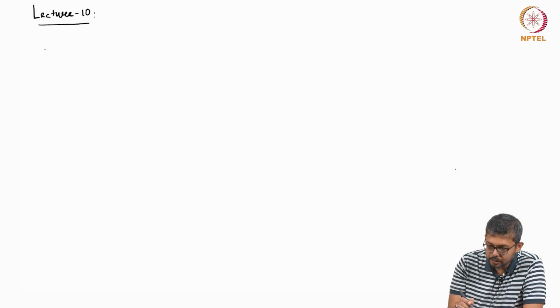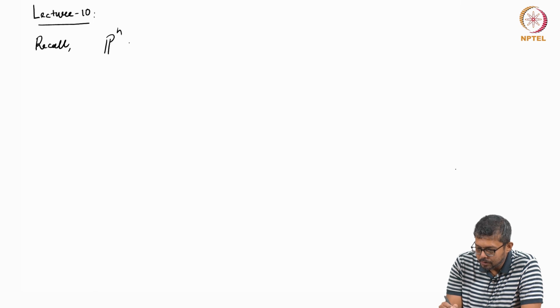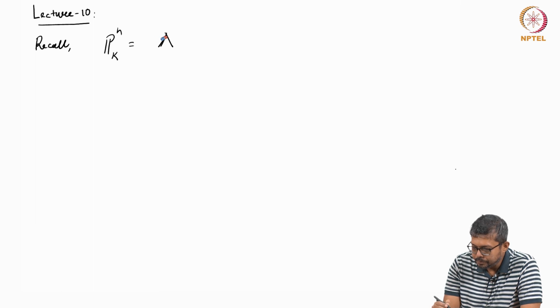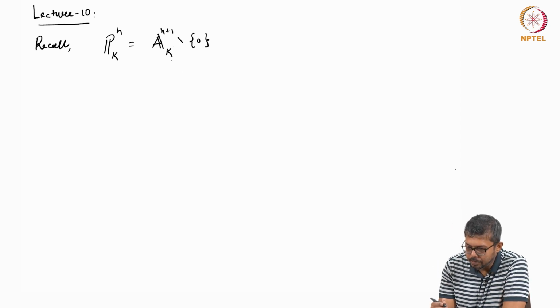So, recall projective space P^n K, where K is an algebraically closed field. By definition, this is nothing but: you take the affine space, take the punctured affine space, where 0 is the point, or you just take K^(n+1)